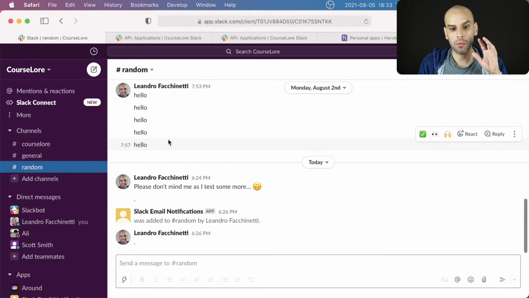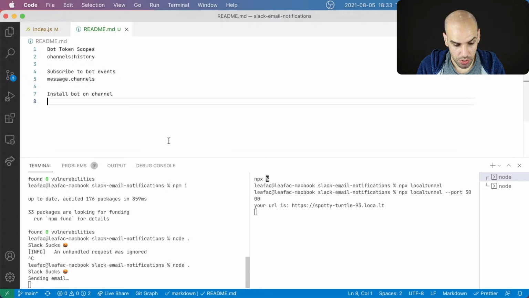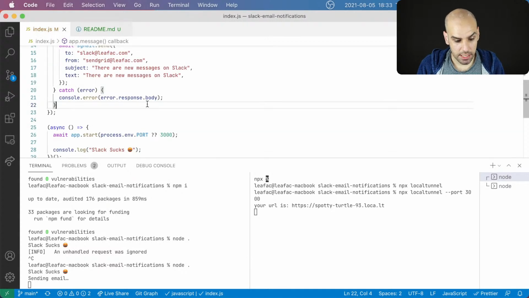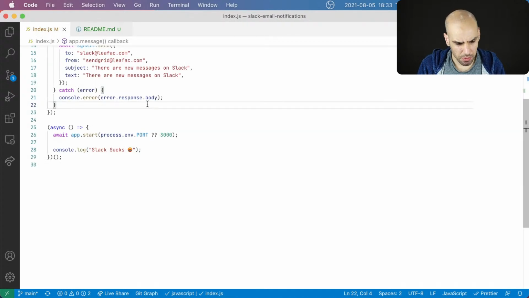So today, what we have to do is to deploy this. What we are going to do is we are going to have a server, and the server is going to be the bot. So we are going to send the notification from the Slack API into this server, and the server will send me an email. And the app is already working on my machine. So this is just what we did last time, and I did add a couple things.